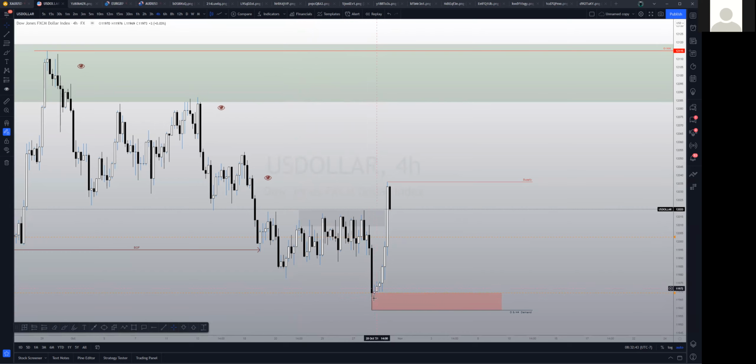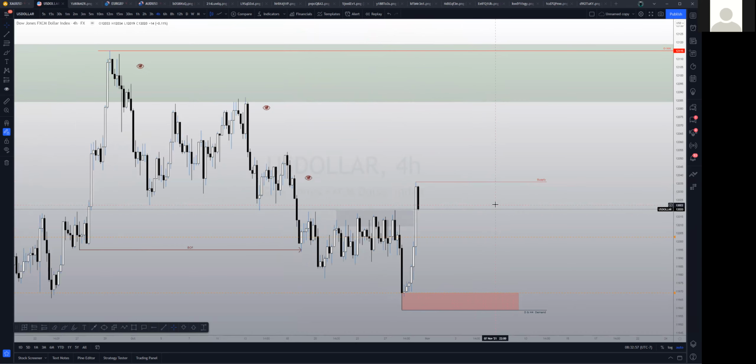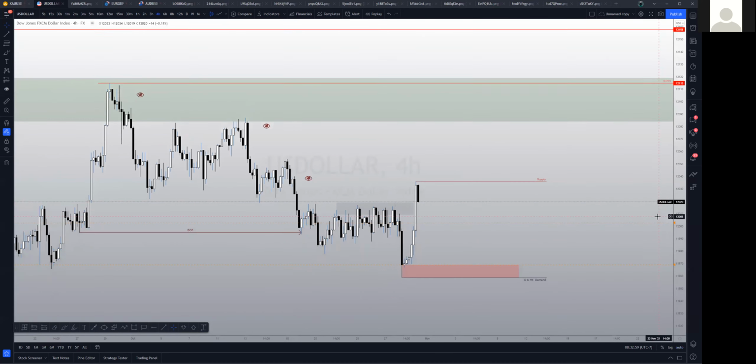Now, our question is, do we see a new demand created after this eruption to the upside? Do we get a new demand? Does that new demand make new highs and start to switch our flow into higher ceilings, higher floors, aka bullish flow? So that's really my big question heading into this new week.